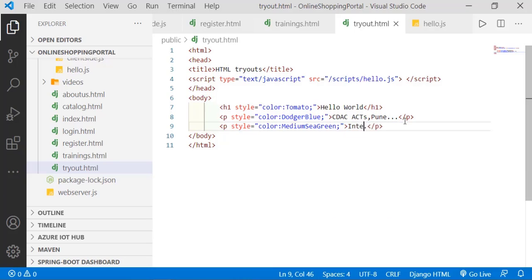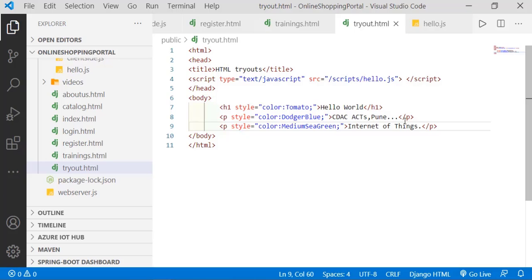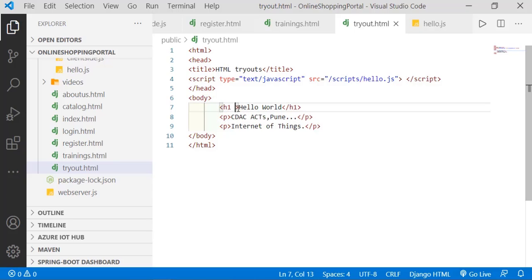If I just define this simple word, listen carefully, a plain text in a black color with standard font will be displayed. Okay, you know. But I wanted my header to be shown using tomato color. My paragraph will be shown using some different color. So you will always find every HTML element contains some extra attributes. So I would like to add some concept.